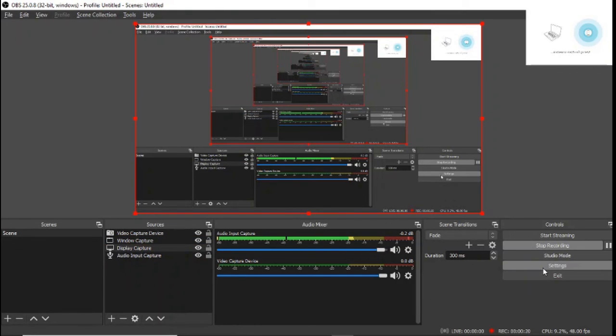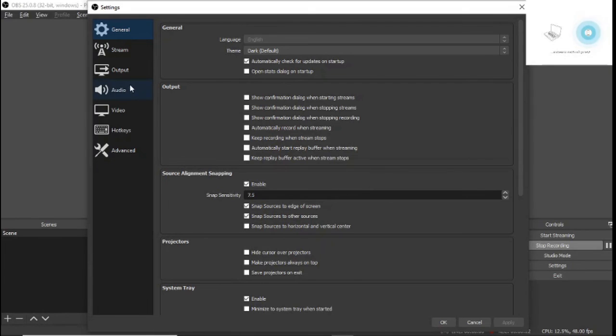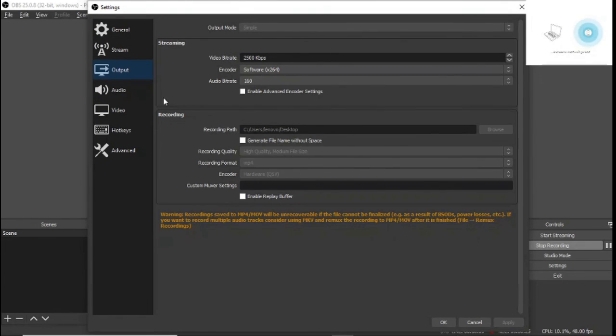Now the output of this recording can be saved to a different path. If you select the Settings button, then the Output tab, in the recording path, if you select the Browse button, you can give your own path for the folder in which you would like to save your recordings. And in the recording format, you can select different types of recording format, like MP3 and other formats. But for video lectures, MP4 is preferable, and then you have to hit the OK button.